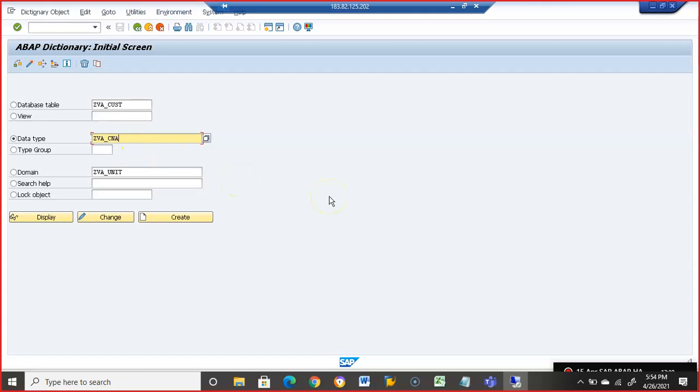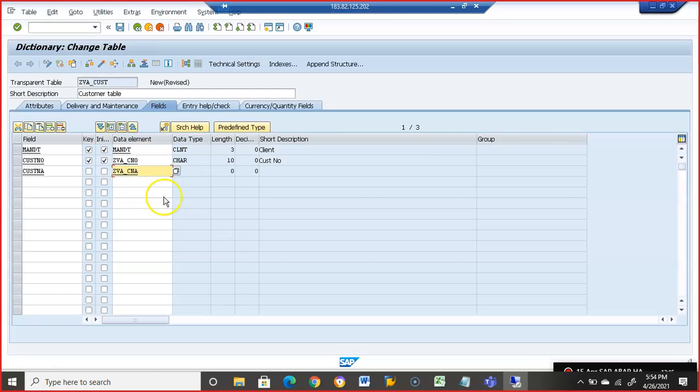And then we have, after customer name, okay. So let's go back to that and then do it. Now it should work. Okay. Customer name and then we have date of purchase, ZVA_DOP. So we should always give the data element name here. If you give a domain name, it doesn't work. So date of purchase and cost.